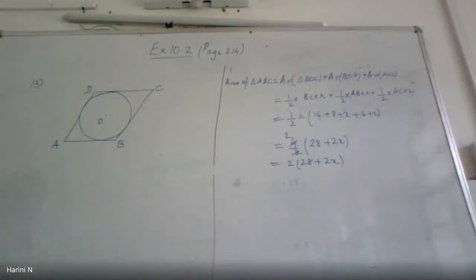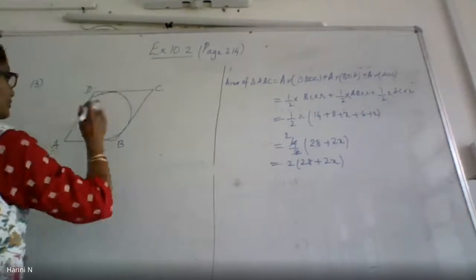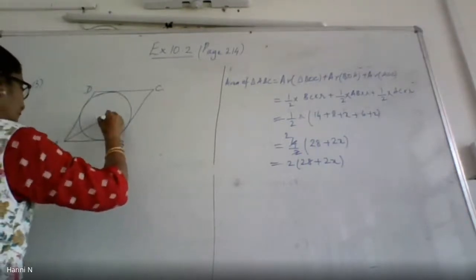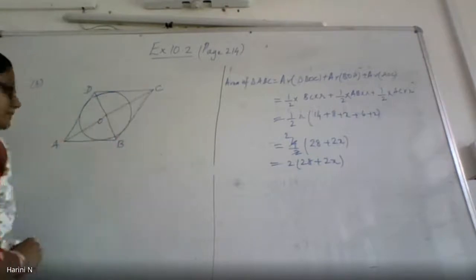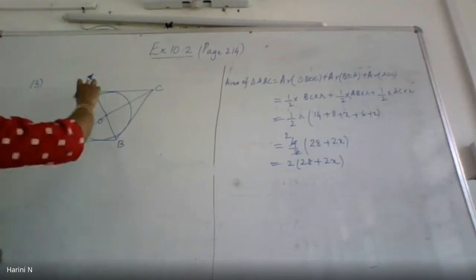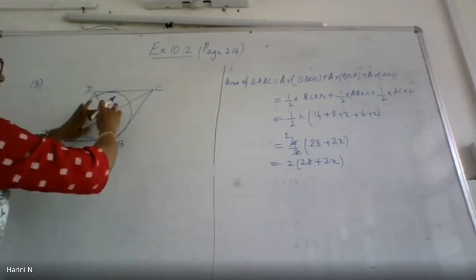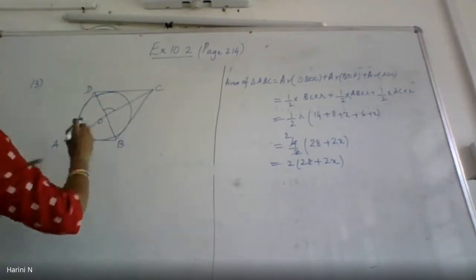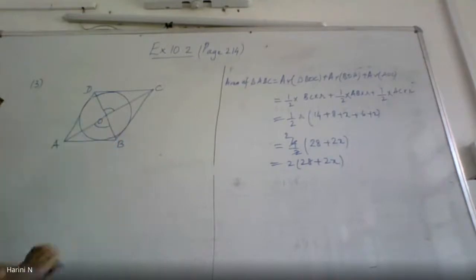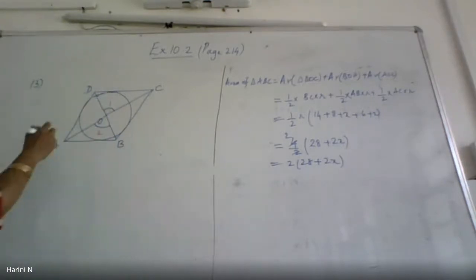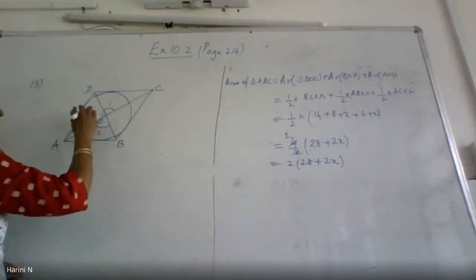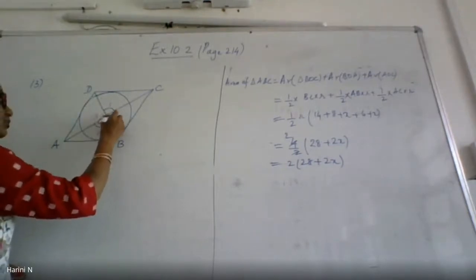Alright. Now the opposite sides. So AB is opposite to DC. This AB will make an angle at the center. Similarly, DC will subtend an angle at the center. Correct? So I should show that the opposite side CD is making this angle and AB is making this angle at the center. So I will call them 1 and 2. Similarly, the angle made by DA at the center is 3 and this is 4.